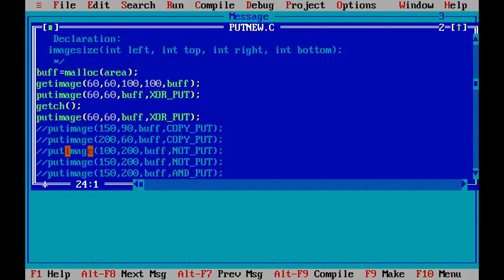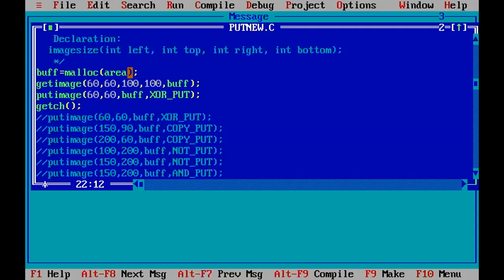Fine. Now let's come to the not put. Let's say here only, if I change the values, because earlier your object was available at this stage, and the object is also available inside the memory.